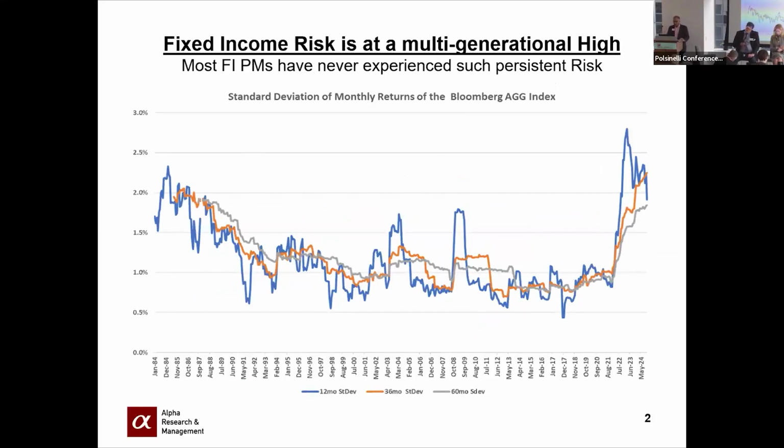This graph you saw yesterday, which is fixed income risk, has never been higher. So we know rates went up, and they're choppy. But if you look at the standard deviation of the returns, this chart goes back to 84. There's not a single portfolio manager alive today that has any experience building portfolios in this kind of risk environment. So as an emerging manager, this is great. The large guys have no advantage over anyone else. So as investors, you should not be, I guess, drawn to the larger manager. I don't think they know what it is.